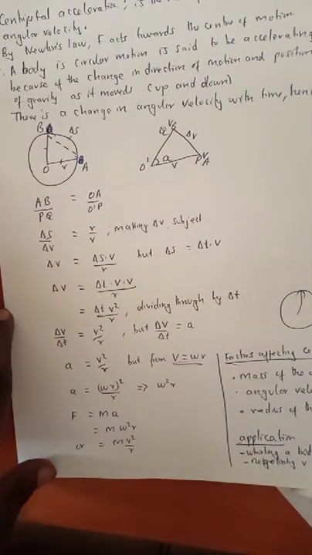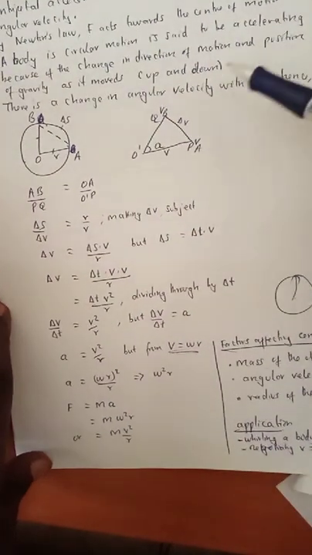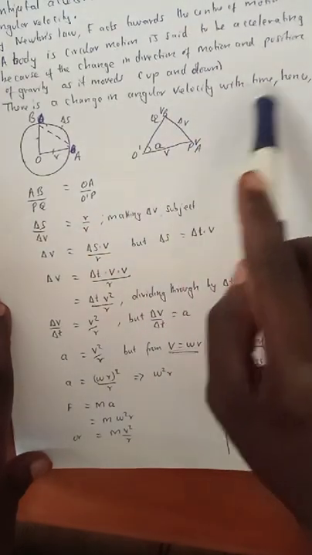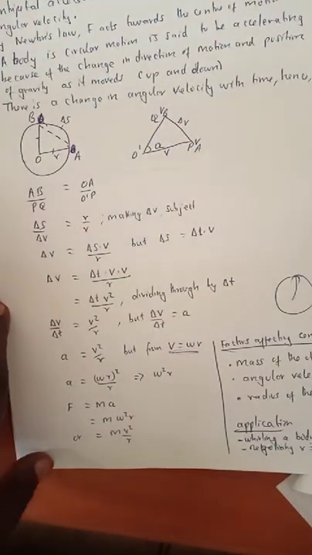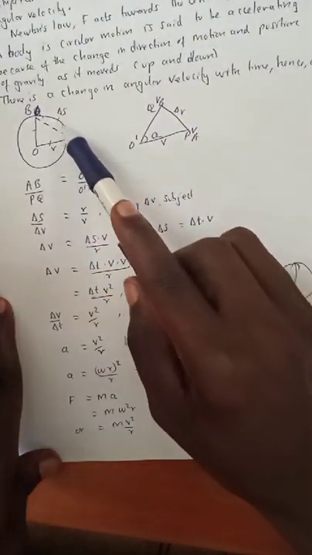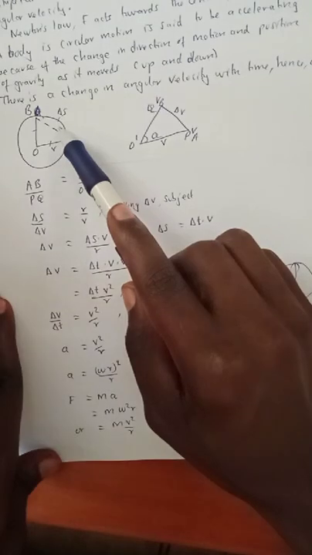That is for vertical velocity also. Vertical circular motion. Then there is also a change in angular velocity with time, hence implying acceleration. So we say that if we take this path to be straight to represent the issue of the distance,